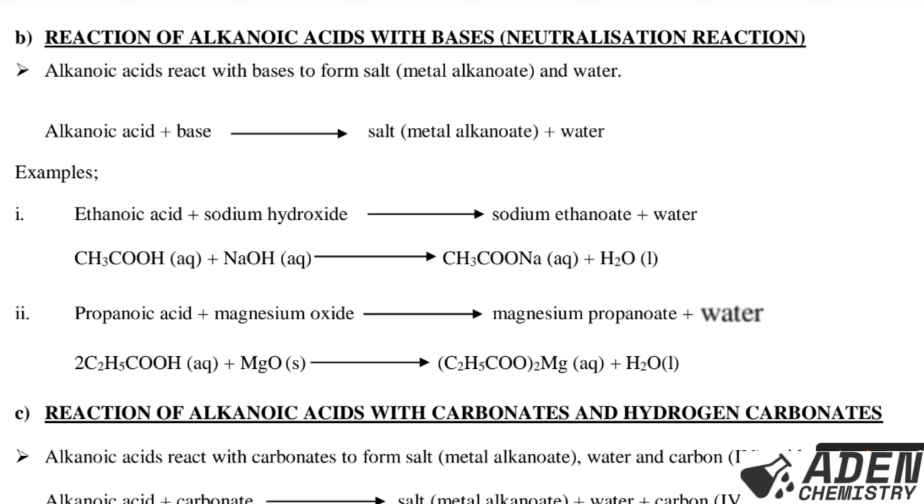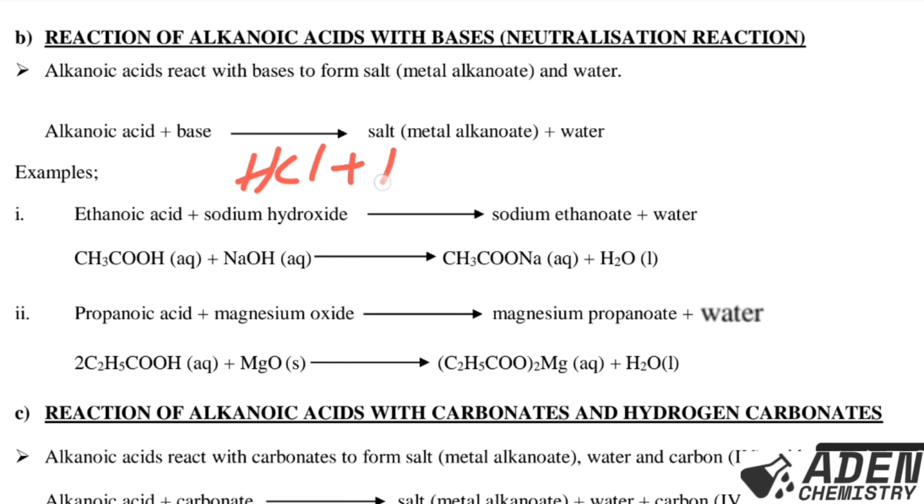And we said when you're talking about ethanoic acid or alkanoic acid, it is going to dissociate into 2 ions, that is the alkanoate ion and also the hydrogen ion, both having a valence of 1. So here we're having sodium, and sodium has a valence of 1. So when they combine, they are going to form a compound like this, sodium ethanoate plus water. So this equation is self-balanced because you just remember the reaction between